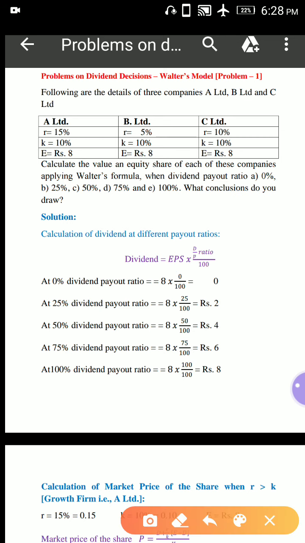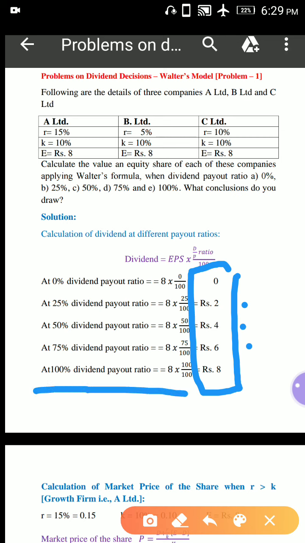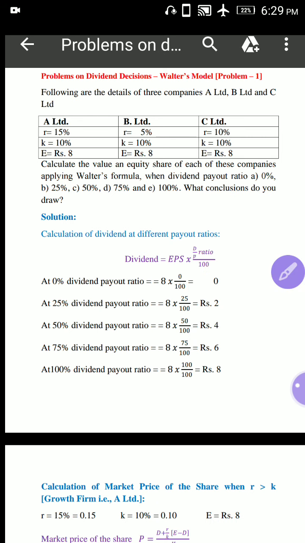Now these are the dividends at different payout ratios. Remember, these dividends are payable at different payout ratios. At 0% dividend payout ratio, dividend is 0, and at 25% dividend payout ratio, dividend is 2 rupees. At 50% dividend payout ratio, dividend is 4. At 75% dividend payout ratio, dividend is 6. And at 100% dividend payout ratio, dividend is 8. Are you clear? Now next,